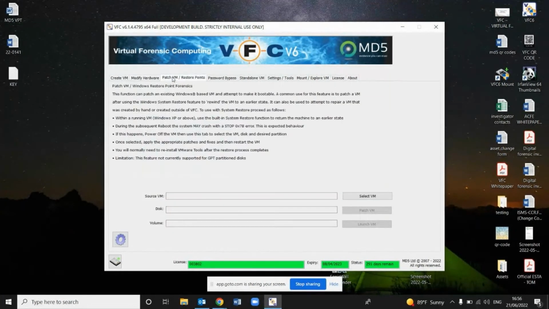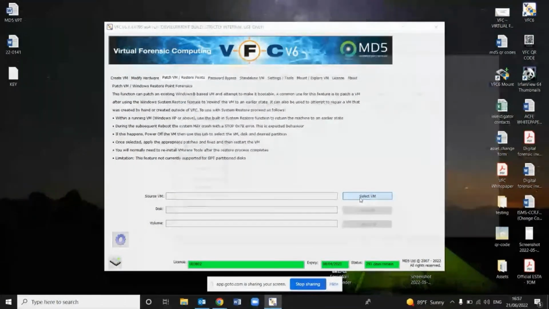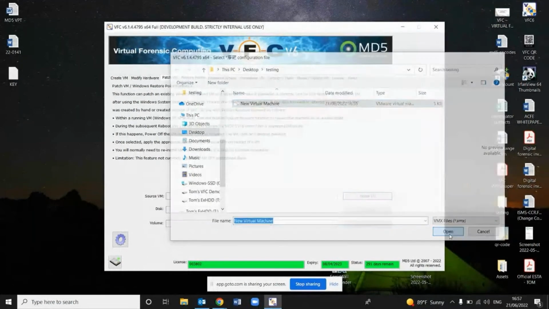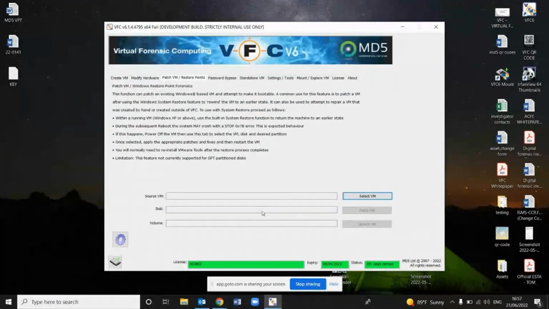Patch VM and restore points. Quite straightforward in terms of how this works. If you know there's a restore point on that virtual machine, you can use VFC to put that time back. How do we look to see if there is a restore point? Boot up that virtual machine to start off with, have a look in the settings, have a look in the files. If we've noticed there's a restore point, simply select that virtual machine in here, click open, it's going to populate those boxes, and then we simply select which disk, which version of it we want to put it to, and then launch that virtual machine,